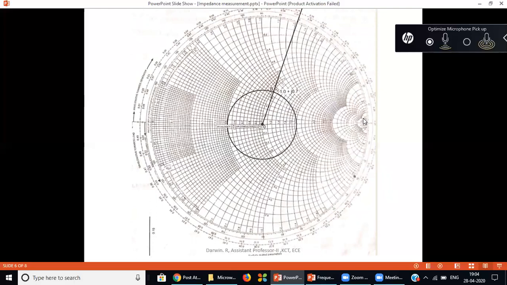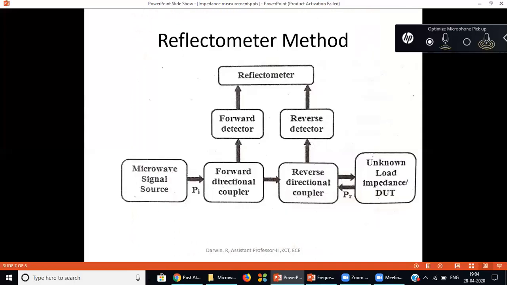Much better and much easier than the method used in the previous step, that is the slotted line method. So this is method number 2. The first one is the slotted line method for measuring the impedance, and the second one is using the Smith chart. You all know that solving a problem using analytical equations is much more complex when compared to solving a problem using a Smith chart. So the Smith chart is a tool or graphical method which is used to find the values in a simple way. And following this, we have another method, which is the reflectometer method.